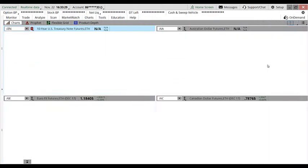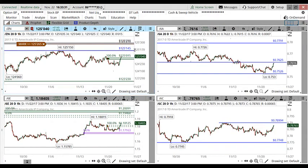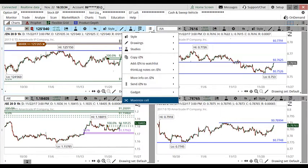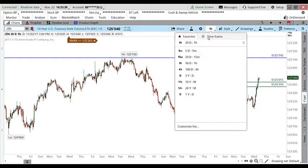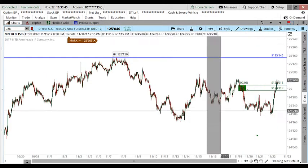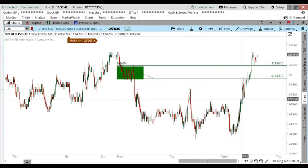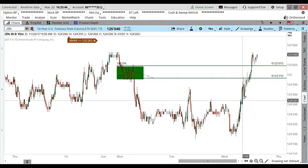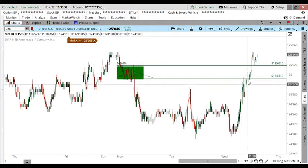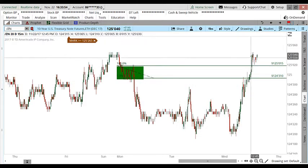Taking a look at our bond markets. In our bond markets today, we had another level. Now this one, if I go to a smaller time period, you'll see that this level did indeed work out and then come right back down to its opposing fair price area. So just about to it, not quite, before then coming back up into it, failing,